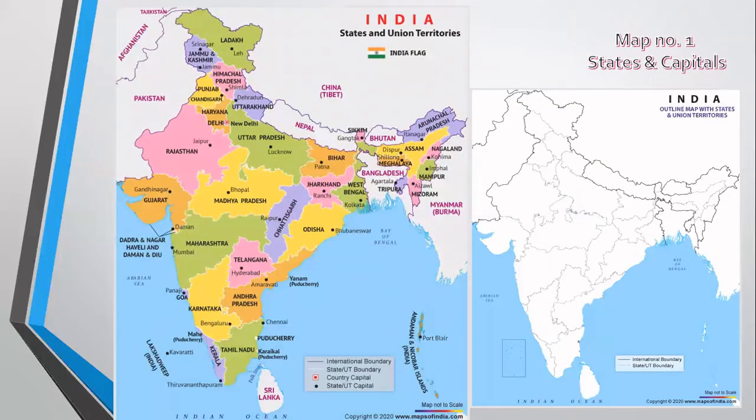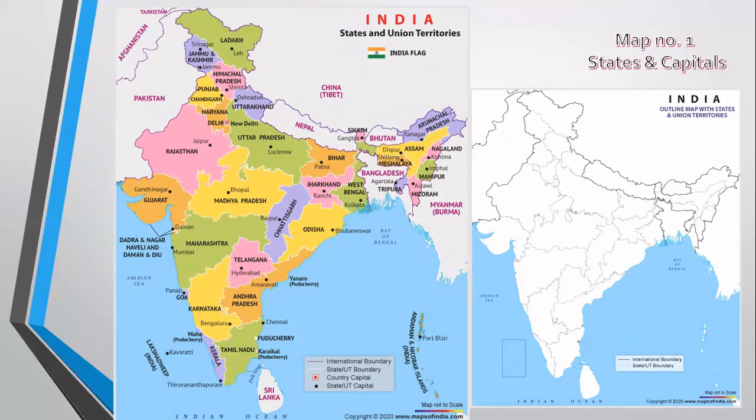Here I have an empty map on the right hand side, and on the left we have a map with the names and its capitals. Like you can see, they have been able to manage to write it right in the middle. If you can't write in the middle, that's absolutely fine. You can write around it. Okay, but you are going to mark all the states and their capital.